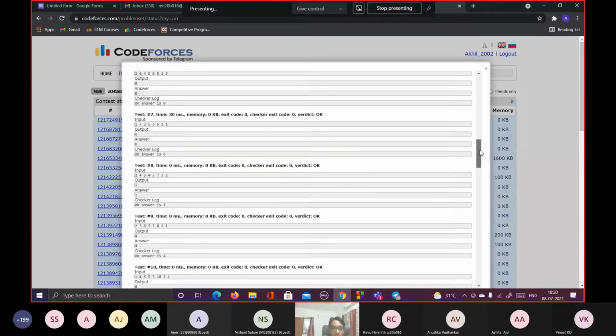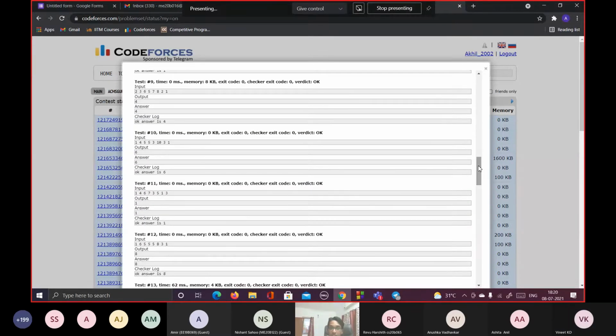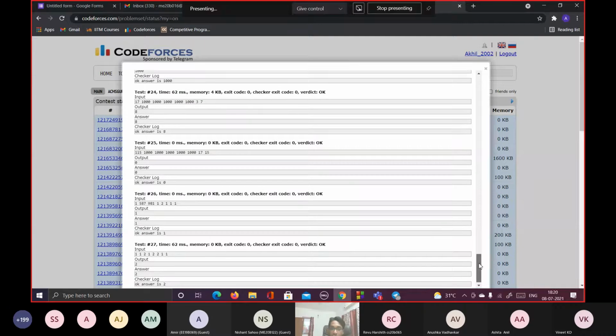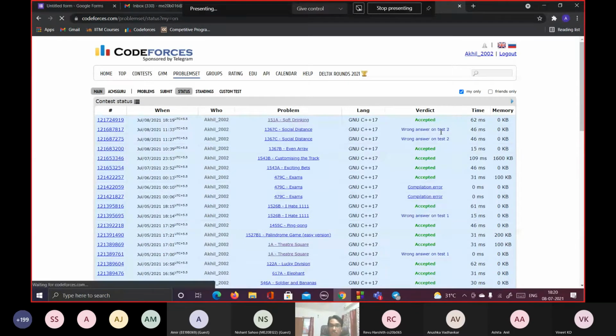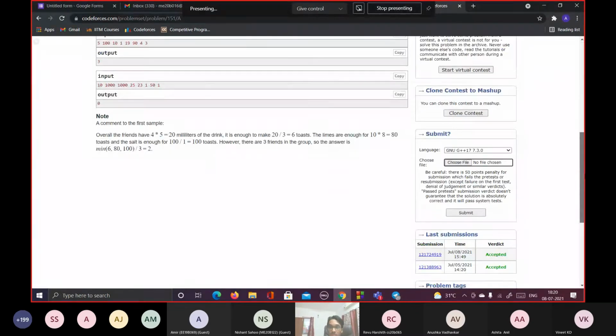You can see the test cases which have been run also. Here everything has been accepted, but if you had any errors, you could look into any particular test case and figure it out. This question is pretty short to have any fundamental error, but sometimes if you declared the wrong variables or got the order of variables wrong, you may have made a mistake, so you can check that out. So yeah, that was the soft drinking problem.